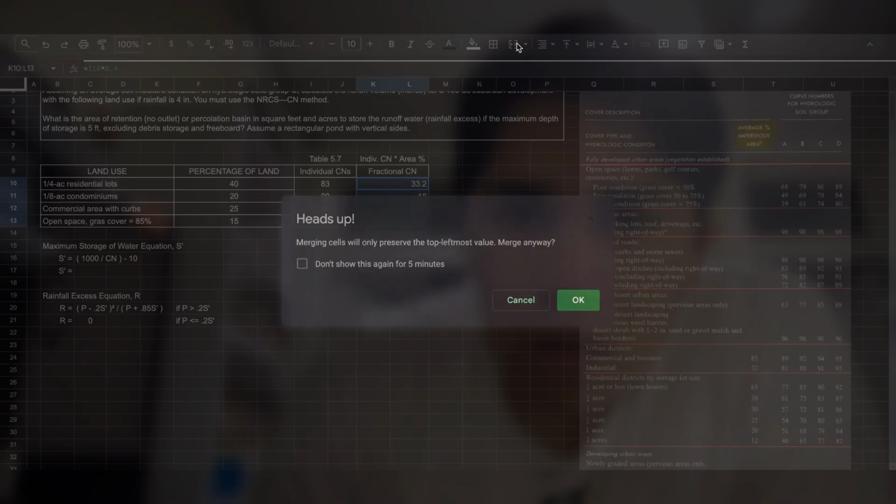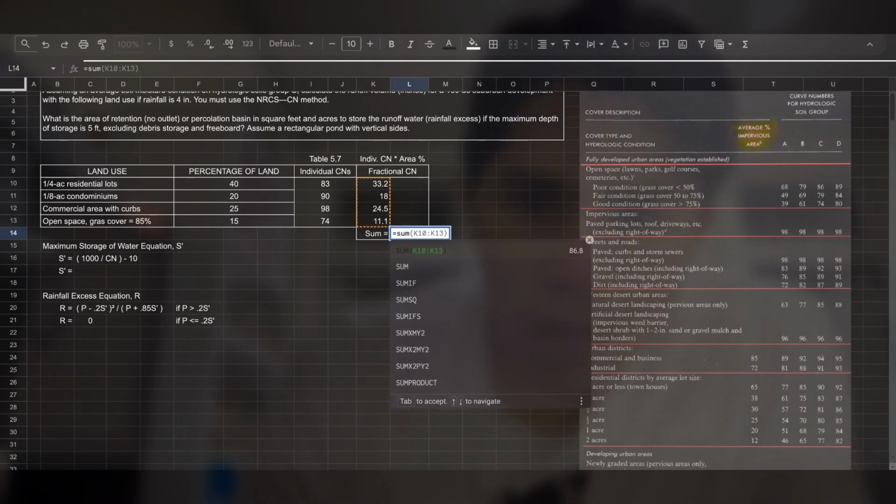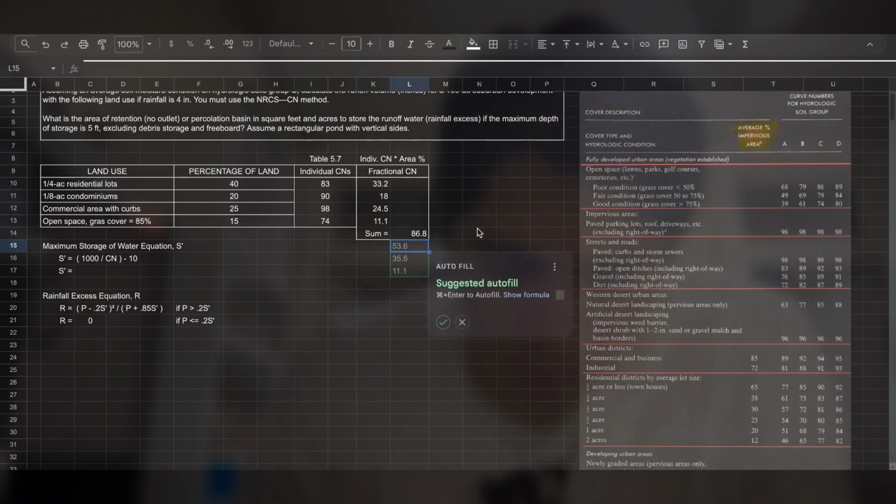Let me fix it. Okay, 33.2, 90 times 0.2, 98 times 0.25, 74 times 0.15, and hopefully this equals the sum of these values. Okay, now we got